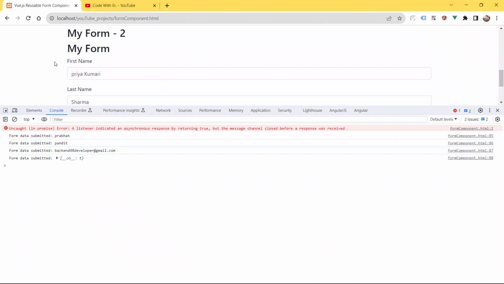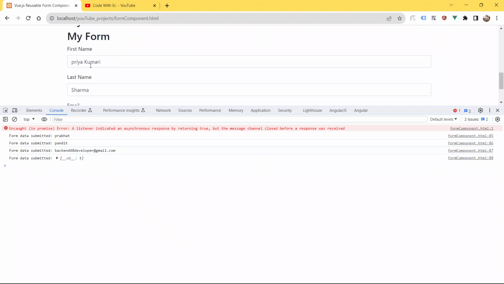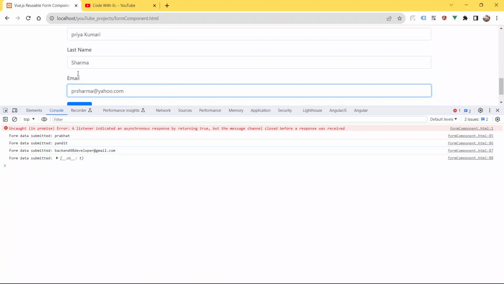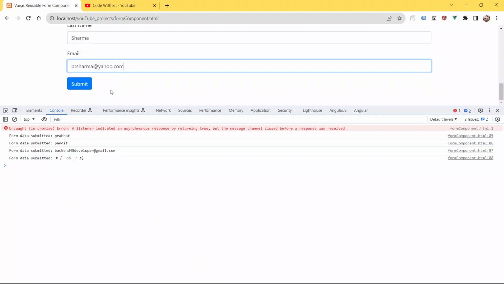Now I am going to submit form number 2. The first name is Priya Kumari, the last name is Sharma, and the email address is prsharma@yahoo.com. Now I am going to hit the submit button.